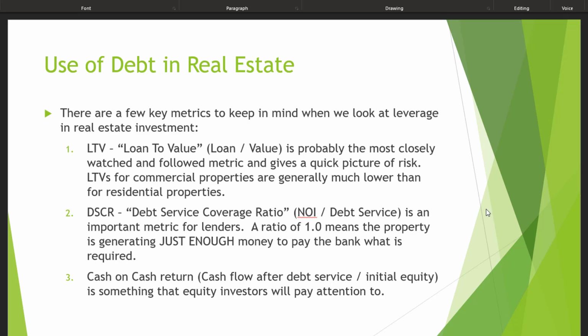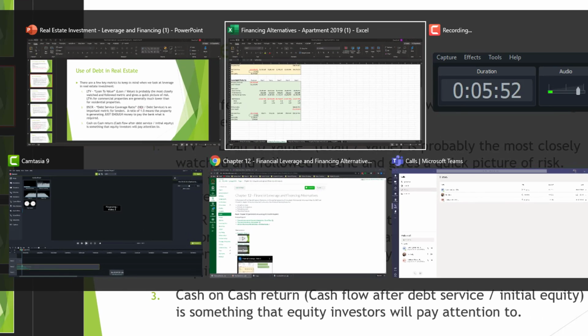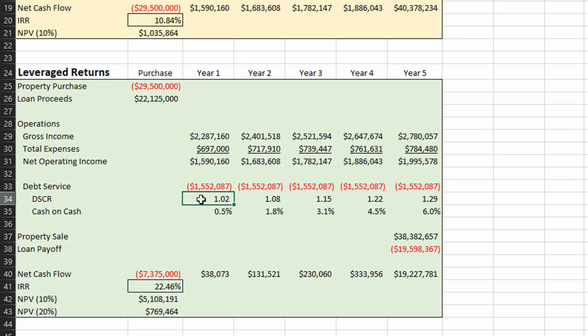And let's just look at these calculations, at least the debt service coverage ratio and the cash on cash, shown up here in the spreadsheet. So debt service coverage ratio, again, is the NOI divided by the debt service. You can see that formula right there. There is a negative sign to make sure that this is a positive number. It should be a positive number. It's never going to be a negative number. That would be silly. But starting off with 1.02, that would be a very low debt service coverage ratio. We probably would not be able to get this loan. But that's growing over time because our NOI is growing over time. Debt service is constant, but our NOI is growing, so we have this improving debt service coverage ratio.